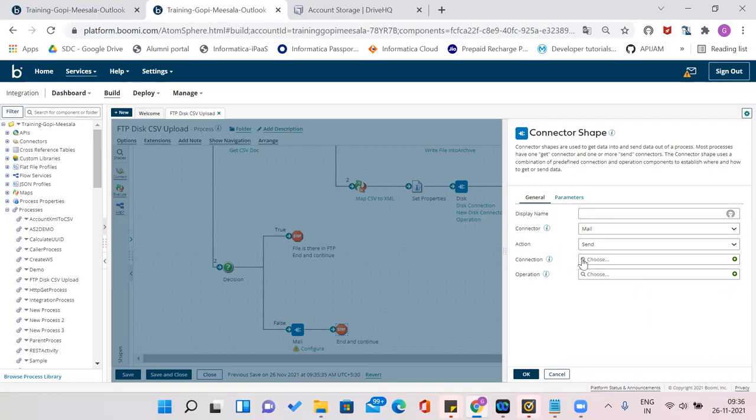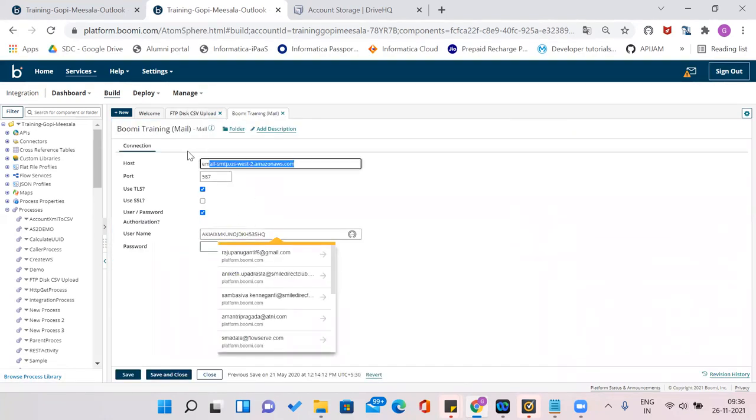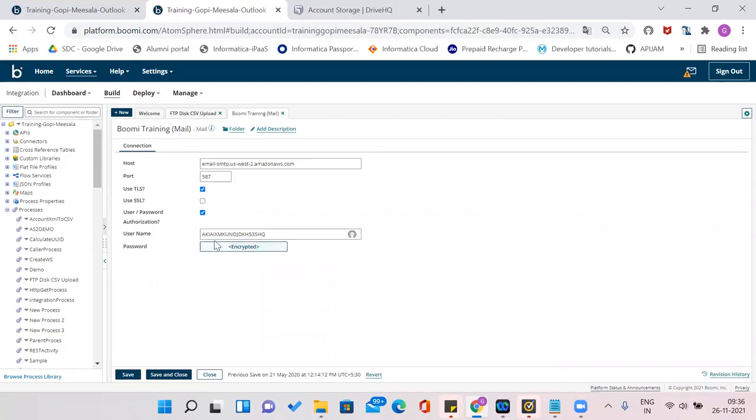As of now, I'm not going to create a new one. I'm going to create a common one, which is provided by Boomi. Boomi provides these connections. They have set up one email server, but we don't know the password, they know it only. So we can use this connection. Okay. How can I